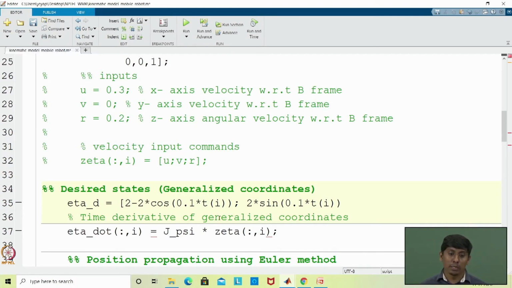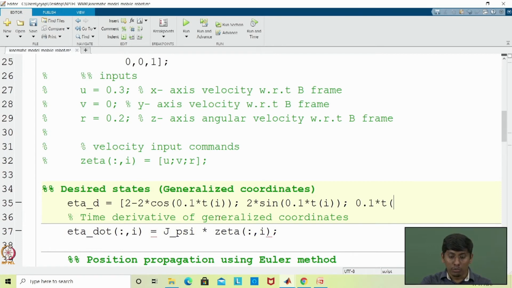Yes, that will work, but you know, the eta desired dot would be the derivative of this. The cos derivative would be a minus sign. So if I include the minus sign here, that would be easy for further run. That is the whole idea. The vehicle would have a forward velocity rather than reverse velocity. That is the whole idea behind bringing in the 2 minus 2. Okay. So now I assume that this would be simply 0.1 times of t.